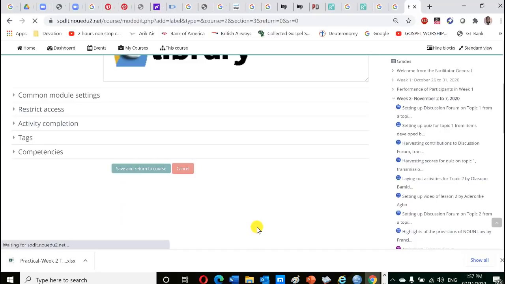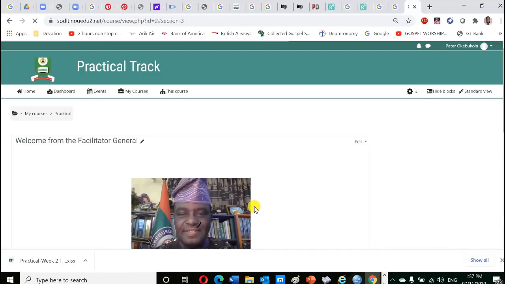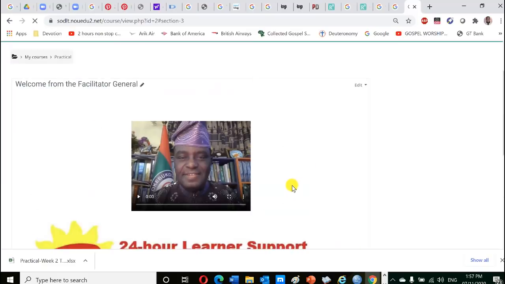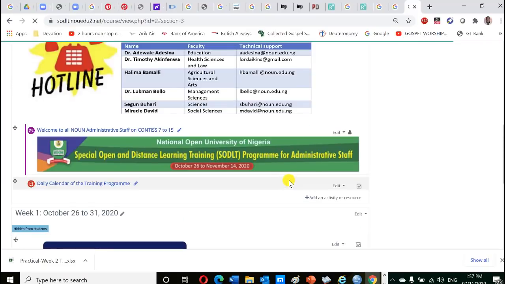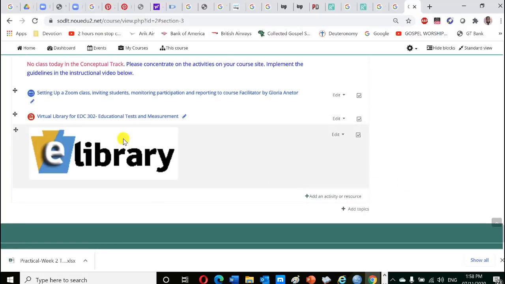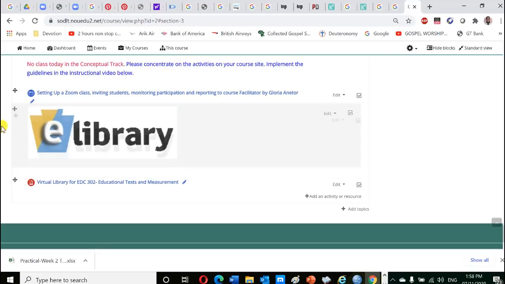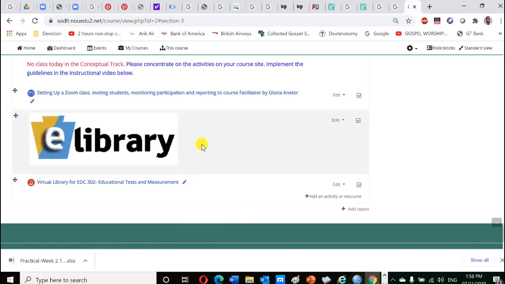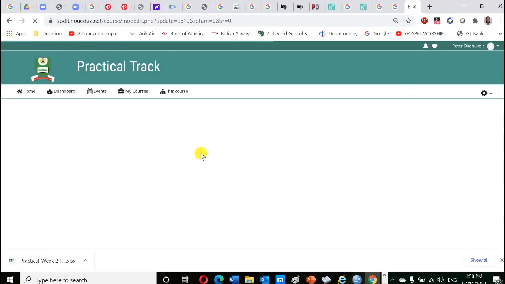label. So what do we have? Hey, wonderful. This is what we have. But this one looks too big. But meantime, let me move this one up. You can move this one up like that. So e-library. But this one, as I said, is too big. So what can we do? We can do quite a lot. We can go to edit settings and reduce the size of this image. You know, I put it at 500. If I put it at 250,